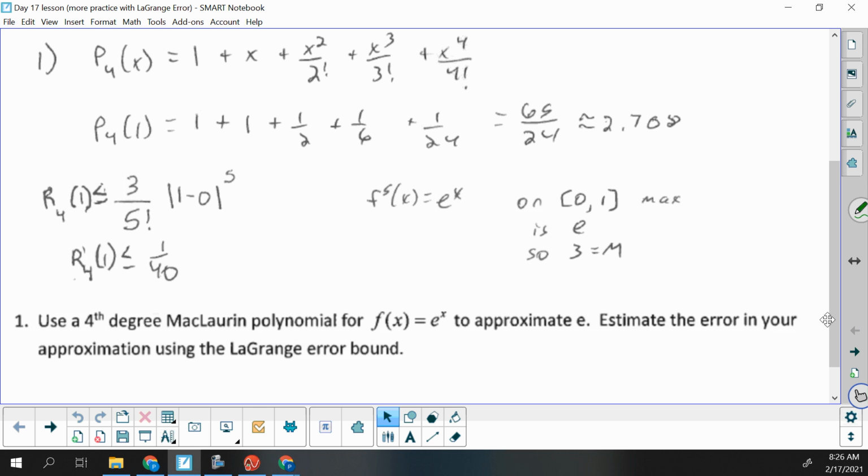First one, we want a 4th degree Maclaurin for e to the x, so that's all positives, every power, every factorial, so we have that written there. Well, we want to approximate e, which is e to the first, so sub in 1 for all of your x's, and we get